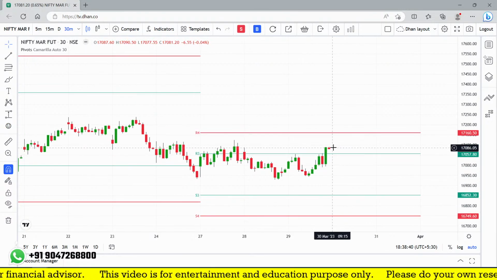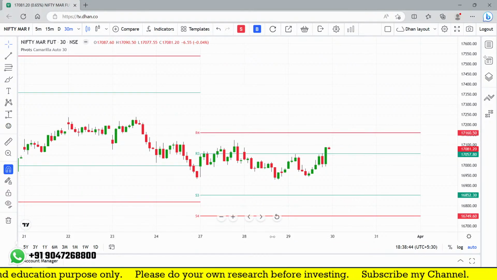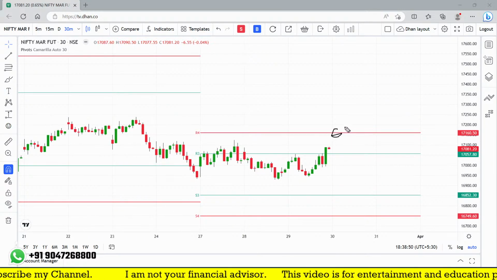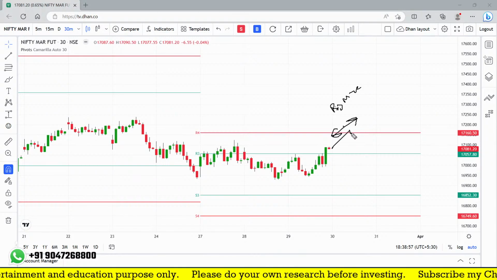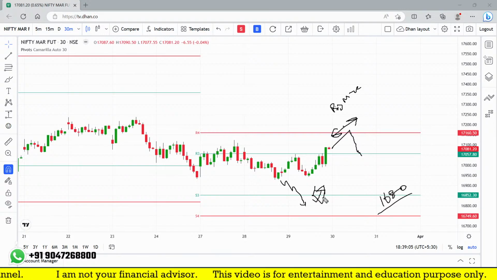Maybe the next resistance level is 17,160. That should be a key level. If it breaks above this level, we can expect some big move. Or it can reverse from the level, but the support level is 16,850. So if the market comes down to this level and closes, then returns back, we can focus on that as a target. And this very huge support is around